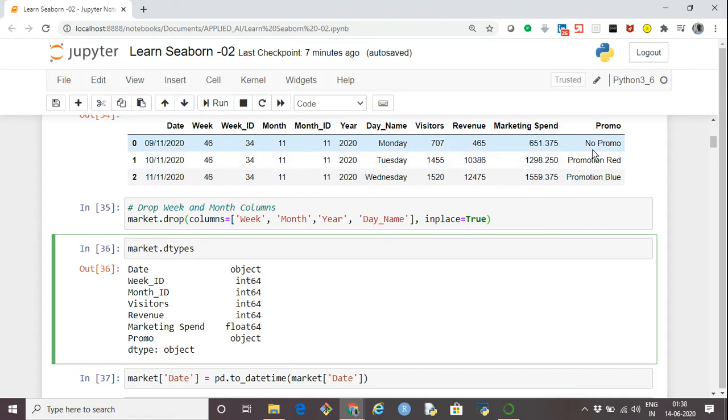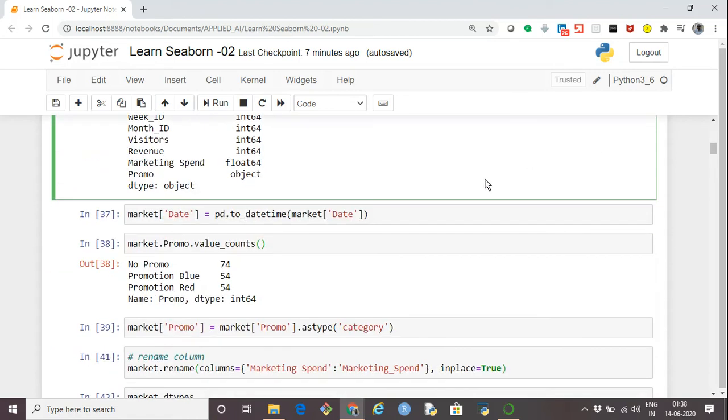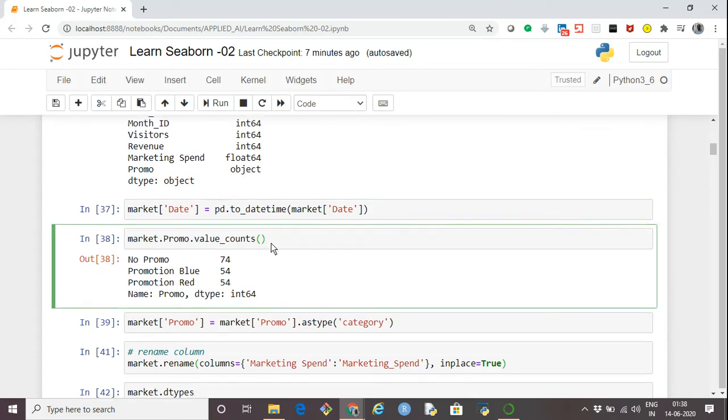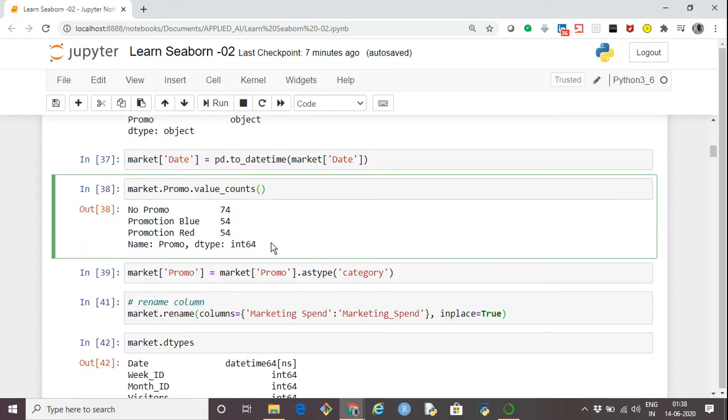The same thing I'm doing here: I'm using the variable market.promo with the value_counts function, which counts the number of data points belonging to each category. There were 74 records with no promo, 54 records where the promotion type was blue, and 54 records where the promotion type was red.